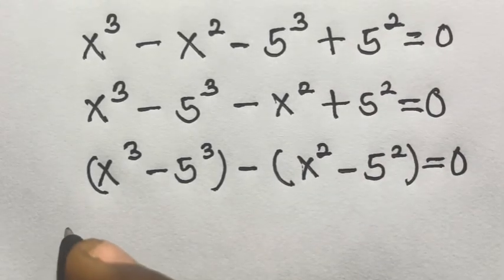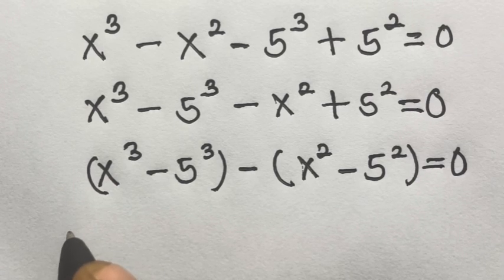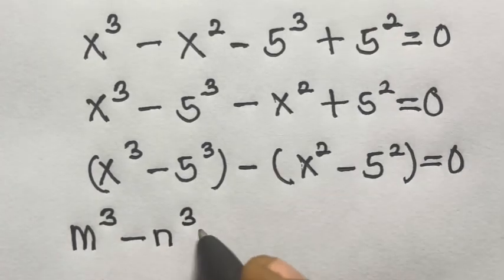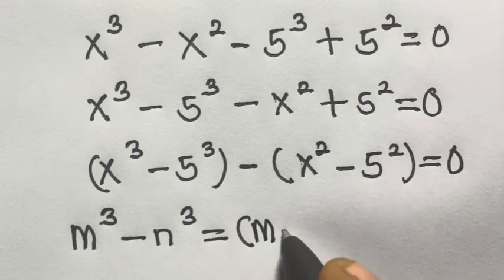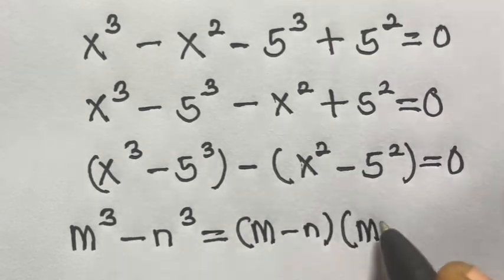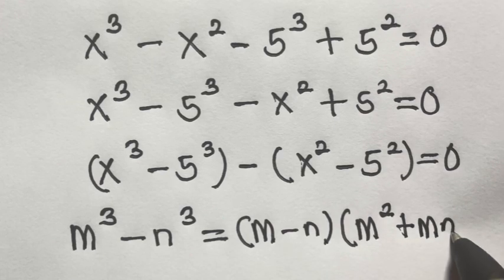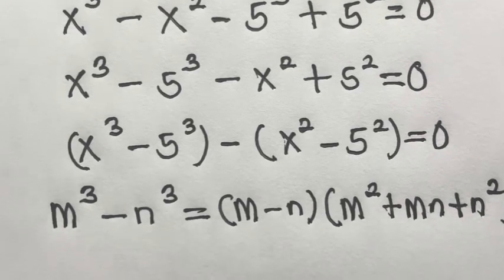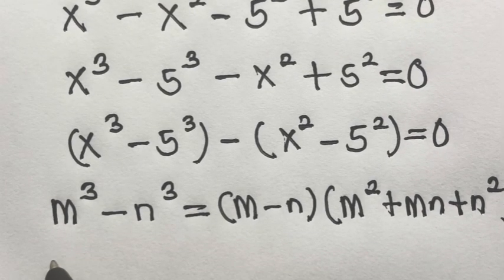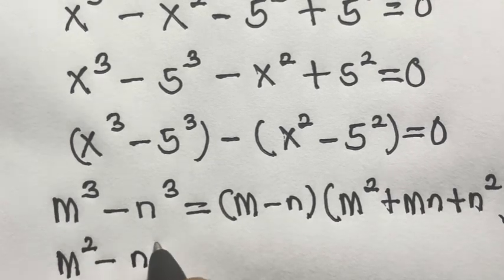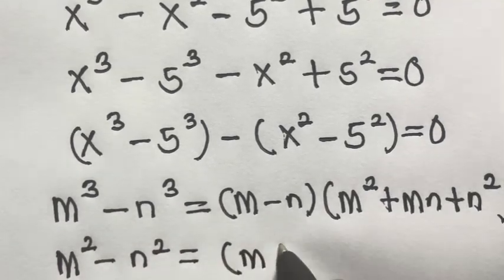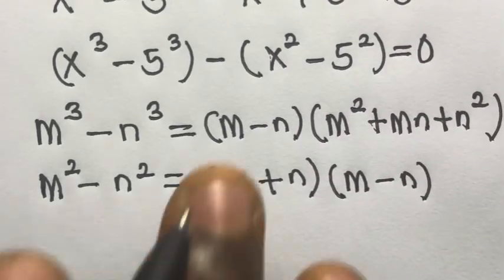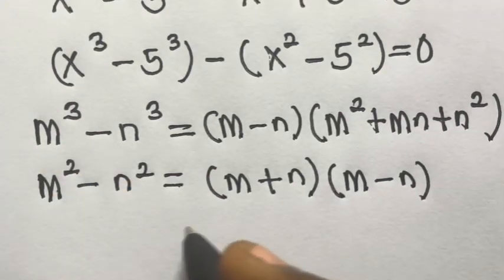But let's recall that we have the difference of two cubes. Let's say we have m raised to the power 3 minus n raised to the power 3. This equals m minus n multiplied by m squared plus mn plus n squared. And for the difference of two squares, let's say m squared minus n squared, this equals m plus n, then m minus n. So applying these two to the above expression, we will have